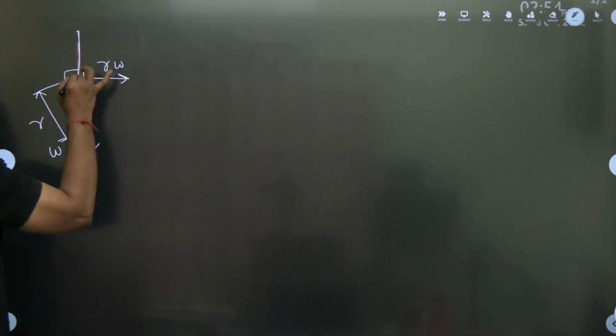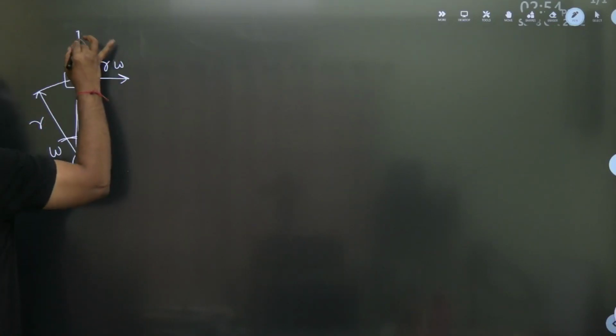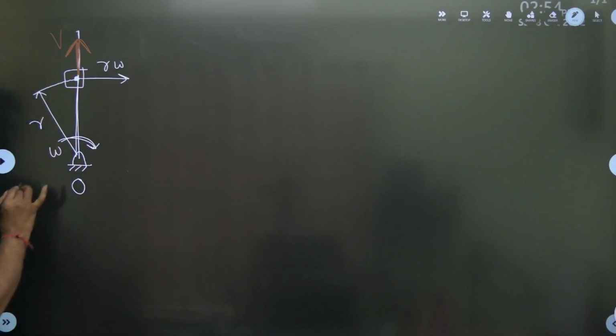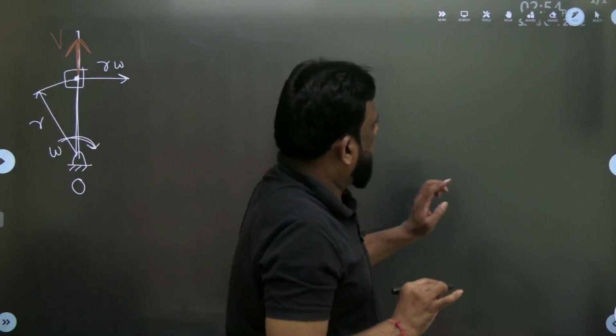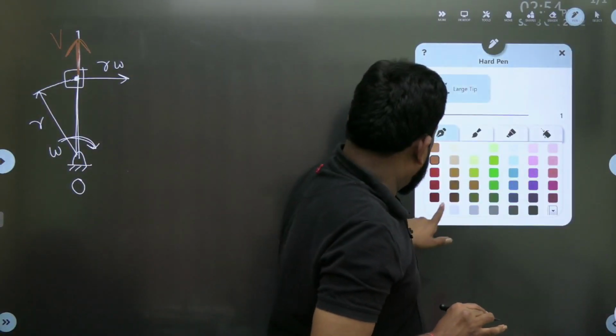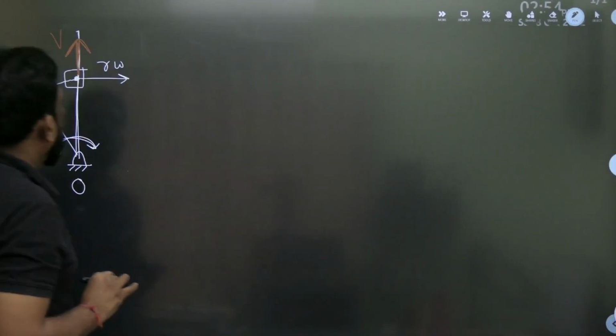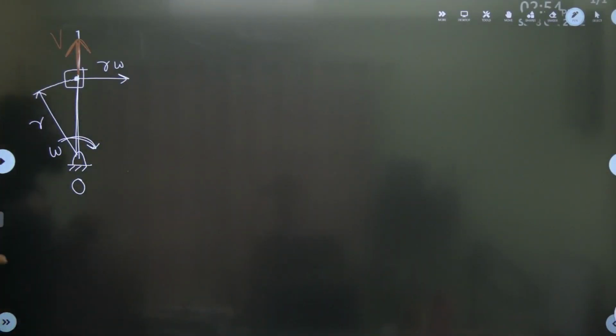Let us suppose this slider is sliding in this direction. Let v be the velocity of the slider. No problem at all, my dear students, let v be the velocity of the slider at this instant. After some time,